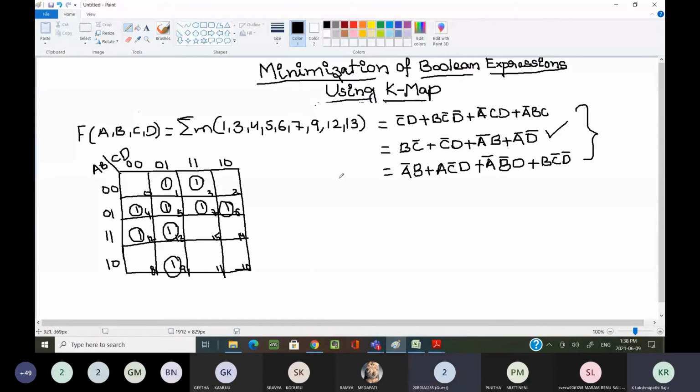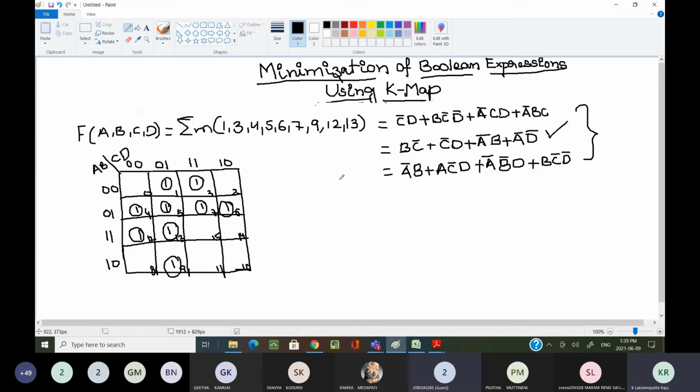Always our main aim is to reduce as many variables as possible. Always we have to check for the octant. Here the given expression contains more than 8 min terms, but all those 8 min terms are not adjacent to each other. That means I can't form any octant in the given problem. That is clear. Now we have to check for the next possible reduction.